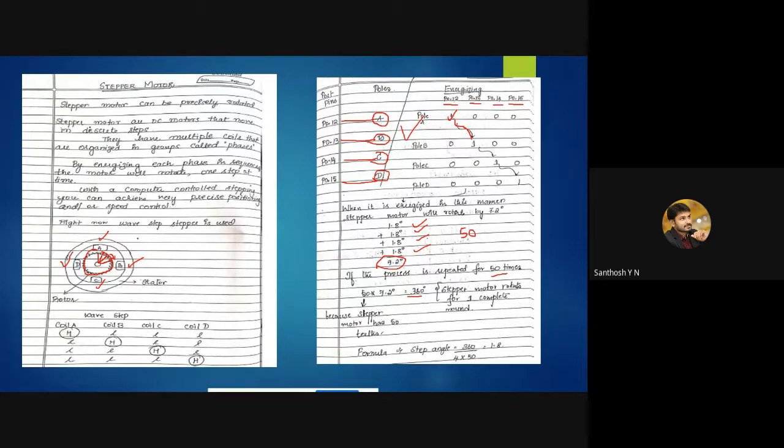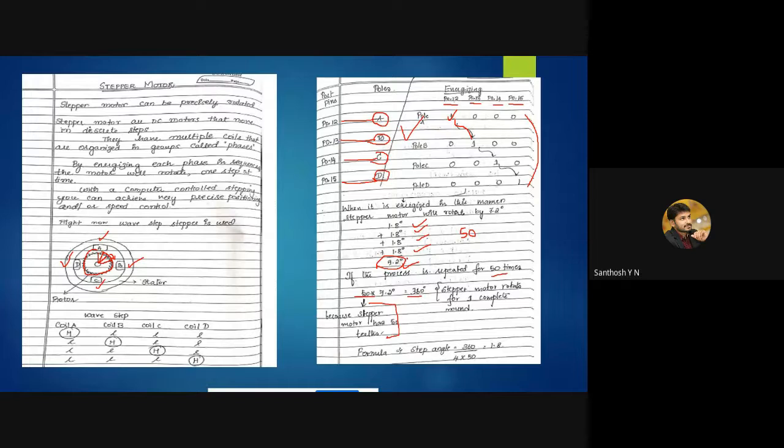We shall not bother about all such internal things; only for your better understanding I have written in detail, why we take 50 and why it is 1.8. Just think, if you perform one cycle, the motor rotates 7.2 degrees.